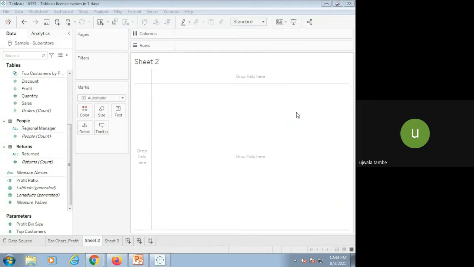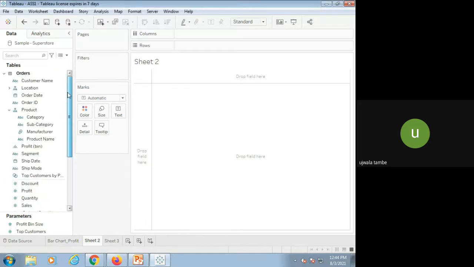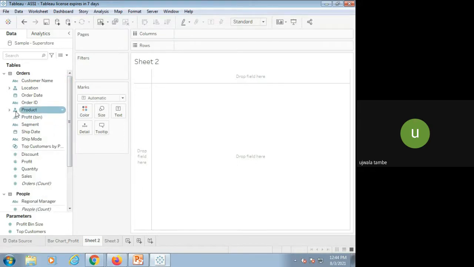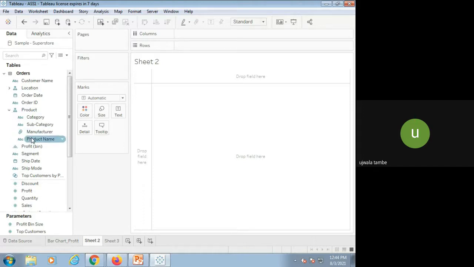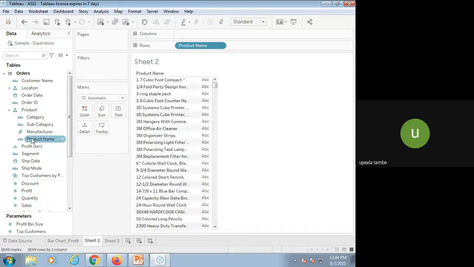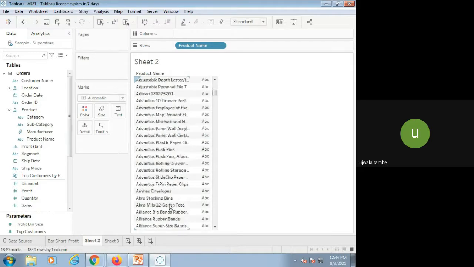Okay. So what we have to do is create the bar chart which shows us the product name and quantity. So first we have to check for the product name. This is my database and here is the product. Previously it looked like this. Just click over here, here is my product name. Suppose I double click on this, it will display me the names of the products. So all these entries are visible over here.